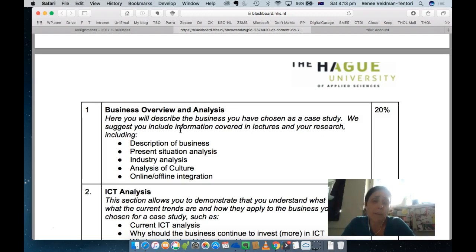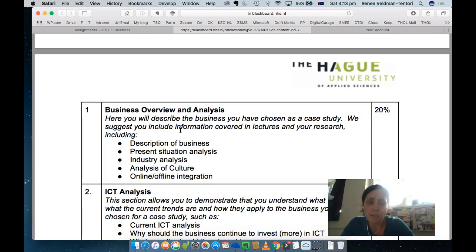By now, you should be understanding a little bit about what culture is and how it affects business. So one very basic example is, where is your business located? What language do they use? What nationality are the staff? What nationality are the customers? And how does this affect the way the business operates? And lastly, the online-offline integration. Mr. Jungmans did an online lecture on that this week, which you can watch, but it is also just describing how your business operates online and how this matches with offline.